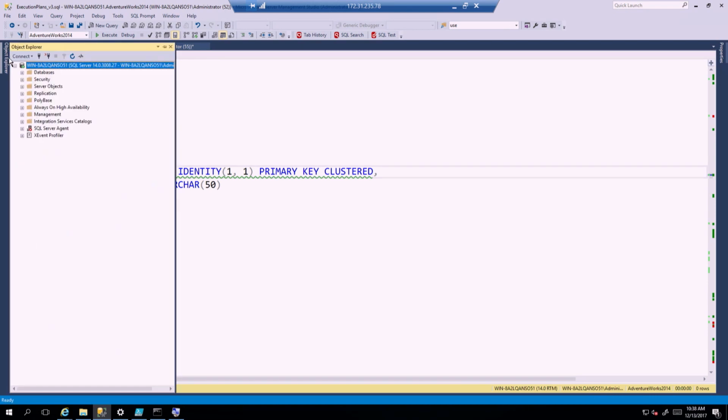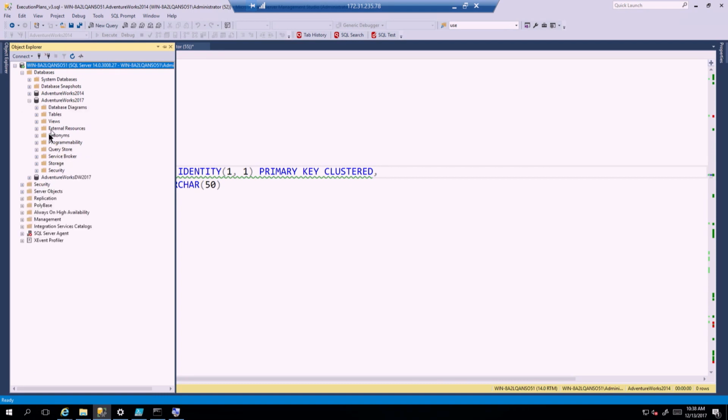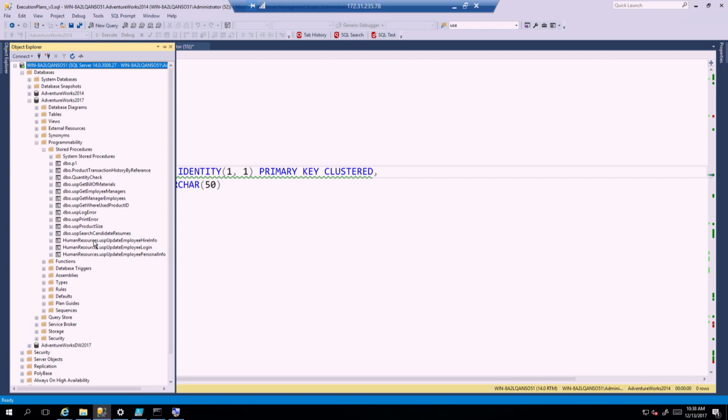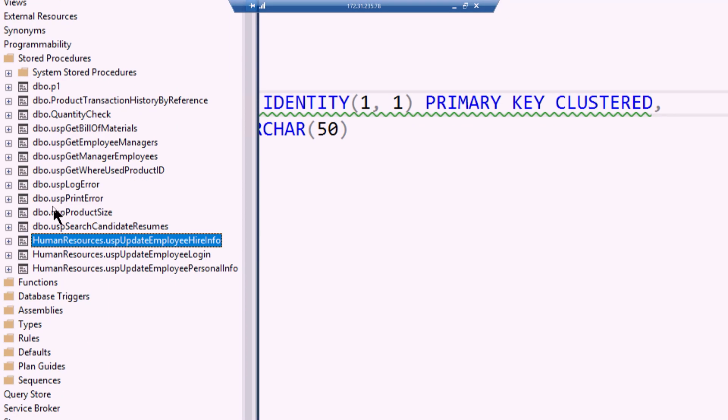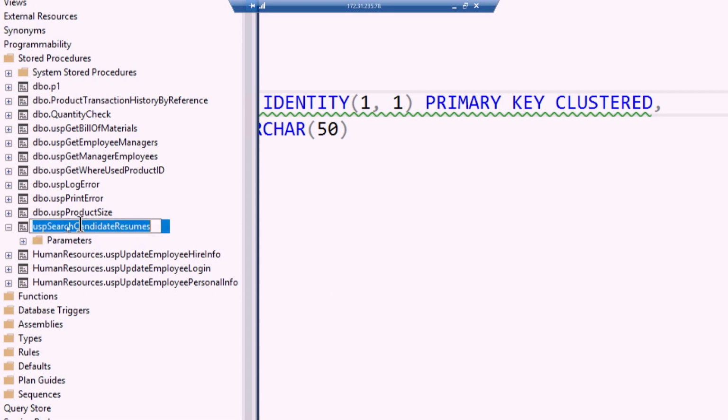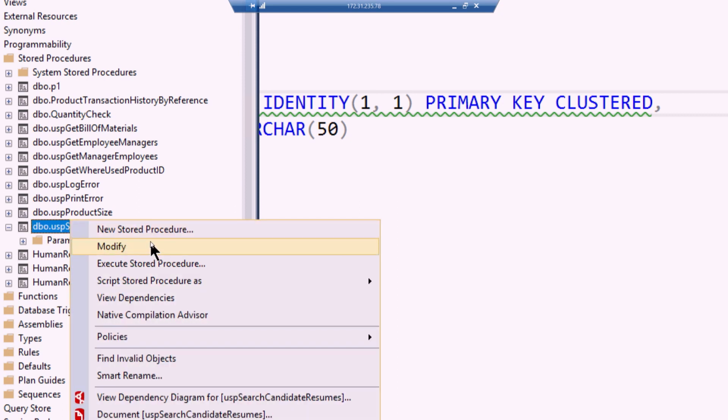Let's open up Object Explorer. Let's go to Databases. By the way, I have no idea what's going to happen when I do this. So this is an experiment in terror for me. Let's go to Stored Procedures. Let's open up one of the Microsoft things and see how they're doing. Why not, right? Doesn't matter. That one's good. Modify.